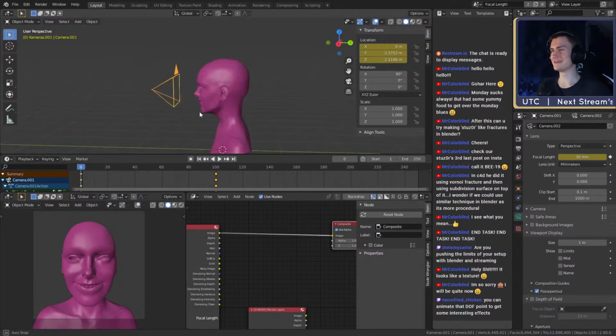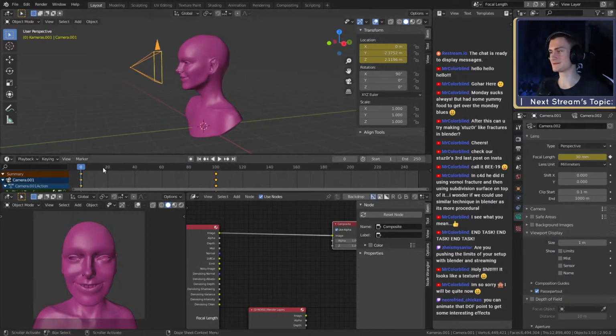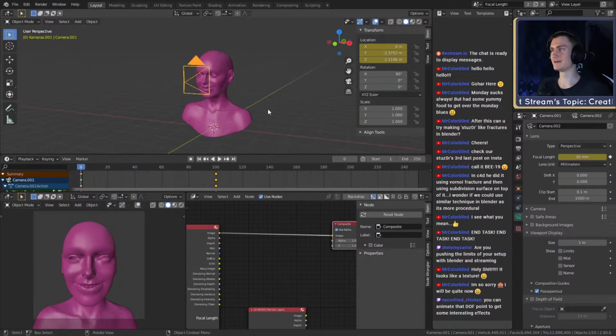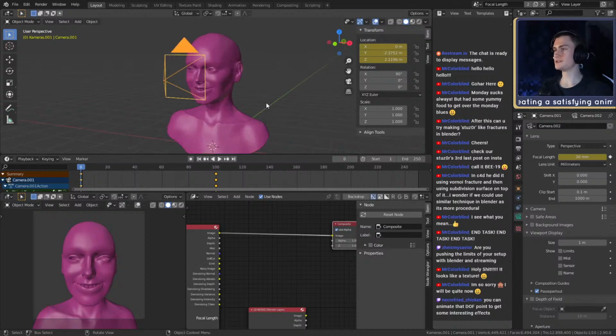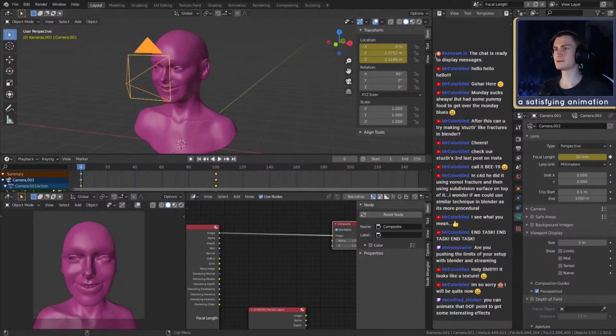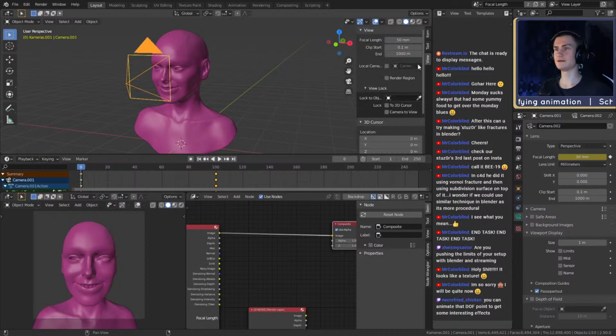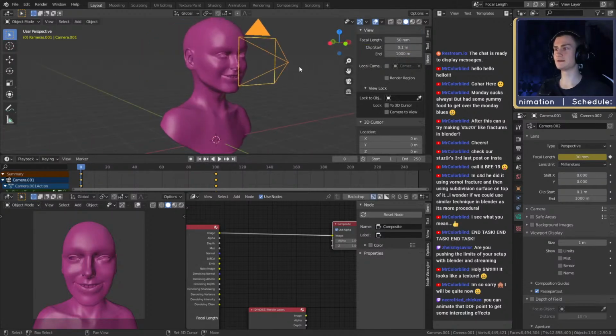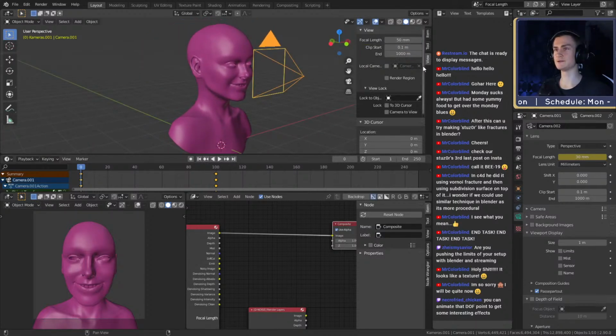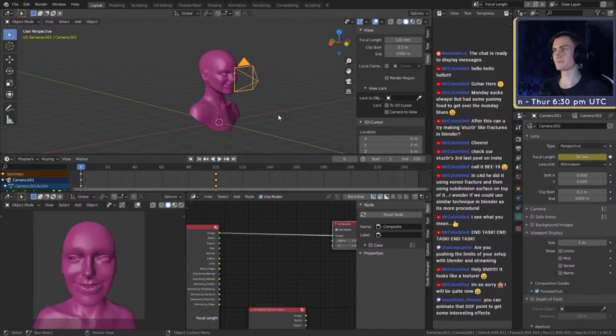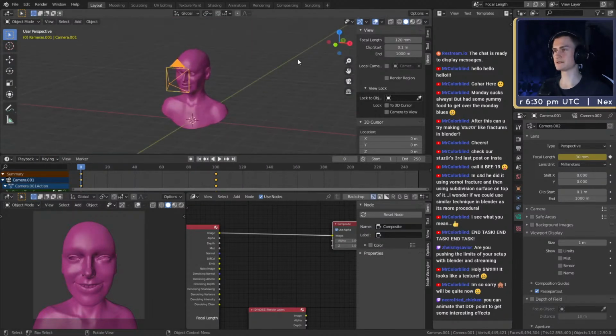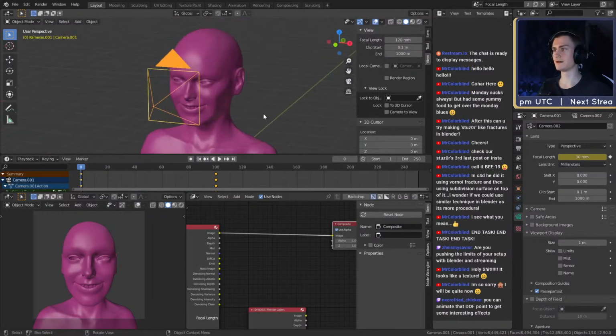So yeah, if you're doing a character or something, you have to keep in mind what your focal length is, not only in your references but also when you're working on it. You can not only change the focal length for cameras, you can also do it for your viewport view. So you can go into view and then change the focal length. If you put that to 120, it looks really flat. For example, you can see it in the grid.